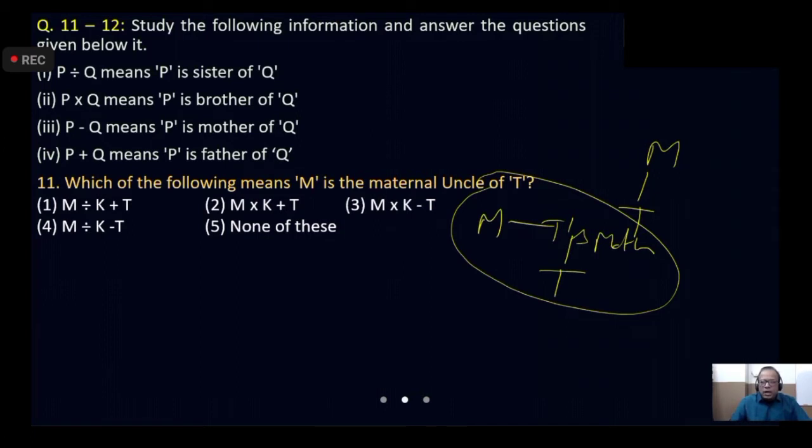Now M is maternal uncle, male or female? Uncle, male or female? Male. So in actual examination situation, you have to follow this strategy, elimination method. When there are 5 choices, if you work on each choice and find out the answer, that is good. But we will not have that much time in the actual examination. So how can we reduce our burden of calculating or finding out so many things or drawing so many family trees?